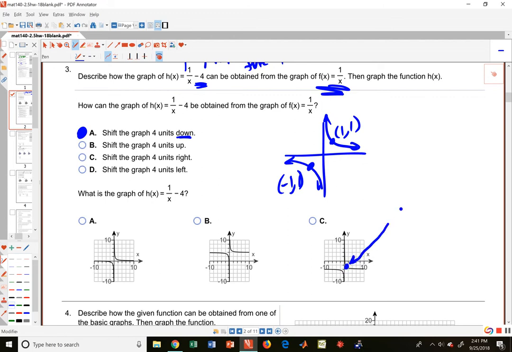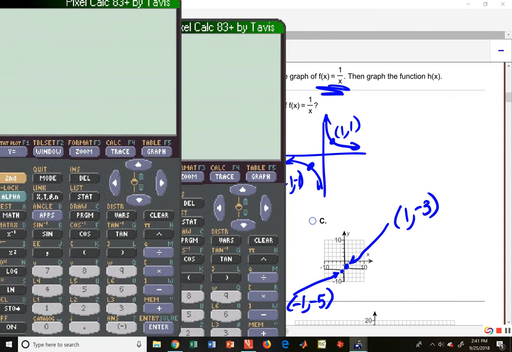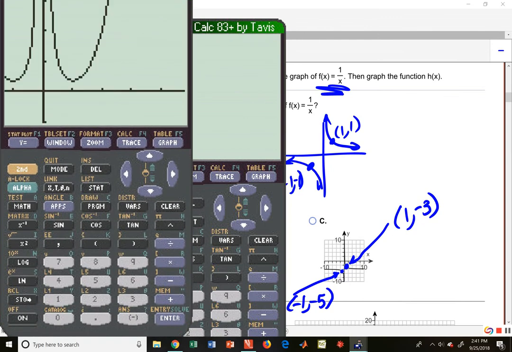Now that point right there is 1, minus 3, and the point on the other side over there is minus 1, now we're subtracting. That's supposed to be minus 1, minus 1. Subtracting 4, that takes you down to minus 5. So it's a little hard to see there, but you're pulling down. Let me show you on the calculator. You're pulling everything down by 4, and the result is the